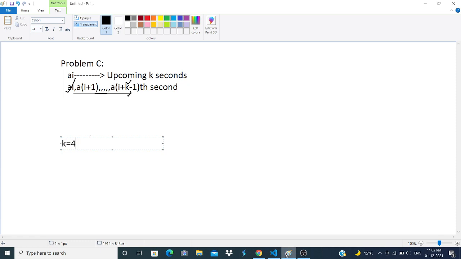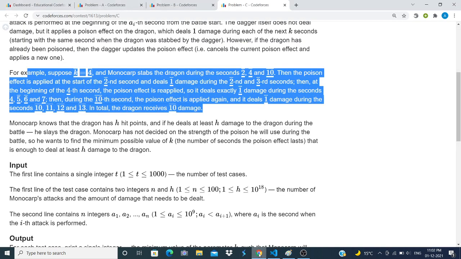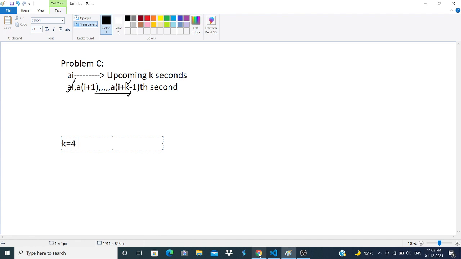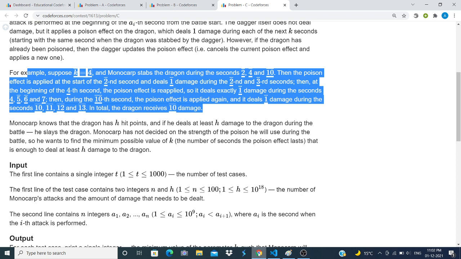So if k is equal to 4 and Monocarp stabs the dragon during seconds 2, 4, and 10. So 2, 4, and 10. This is the timestamp during which I will be stabbing my dragon. If I just stab the dragon